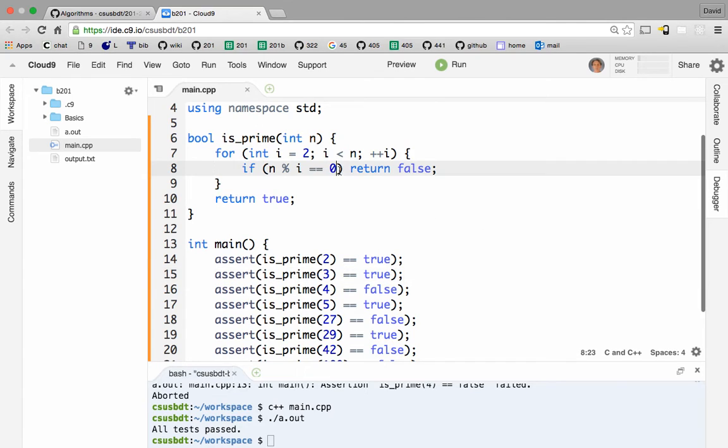Now, if we had done this wrong, if we had done something like this, if n mod 2 is 0, okay? I've seen that before. That just means it's even. That means if n mod 2 is 0, that means that n is evenly divisible by 2. That means it's even. Well, what about something like 27? 27 is not divisible by 2, but it's divisible by 3. So 27 is not prime. So this will give us a false